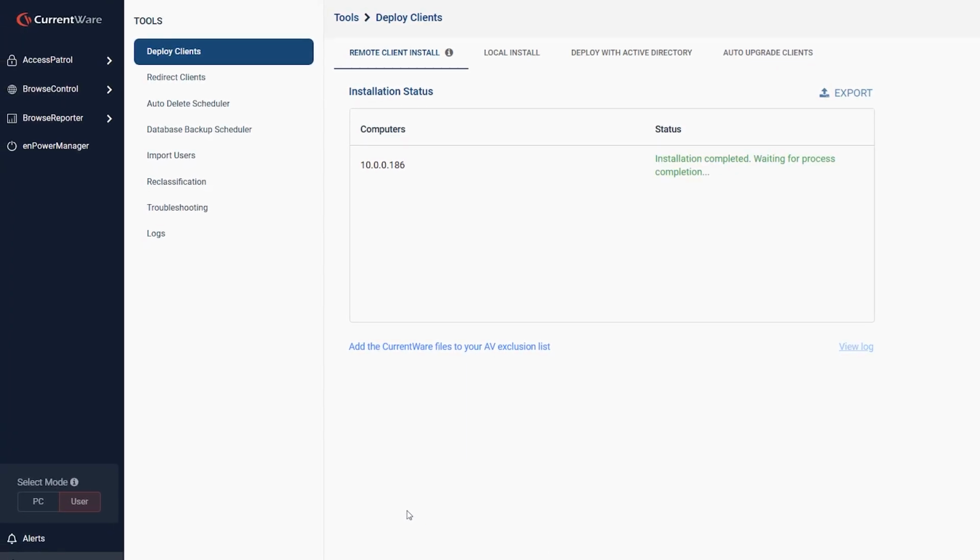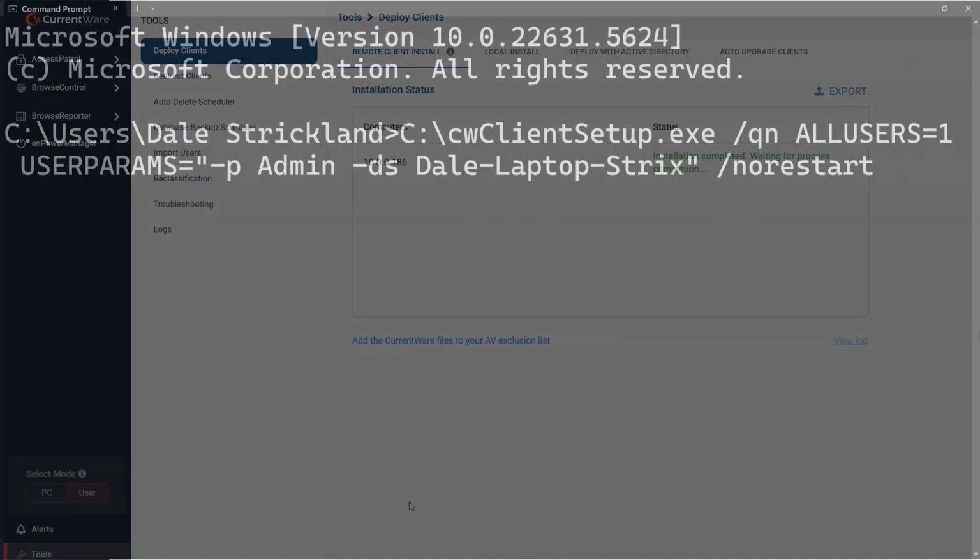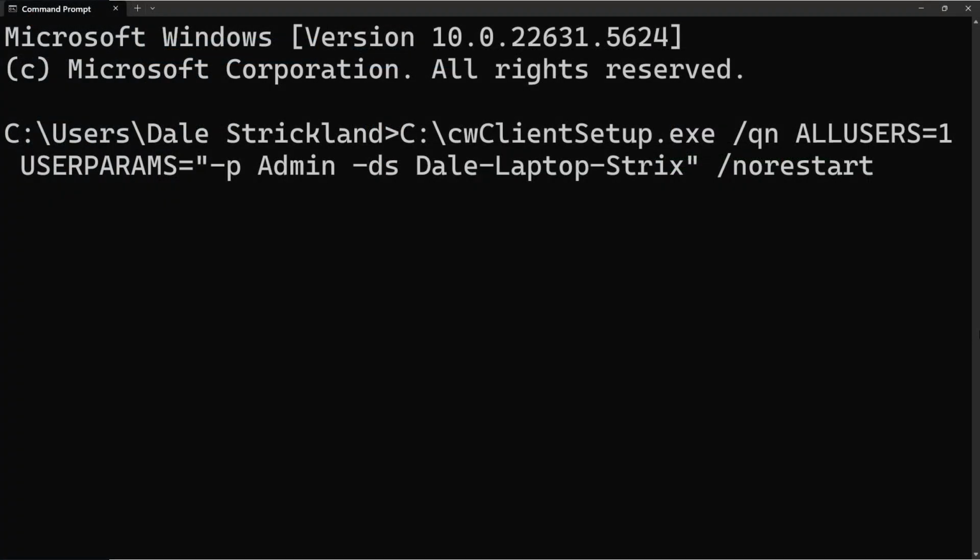The last method that I'll show you is a command line deployment. This method is ideal for deployments with a large number of client computers. First, open Command Prompt as an administrator. Type in the file path where the Kernware client setup file is located. Next, type the following: